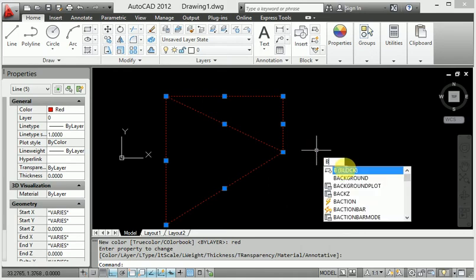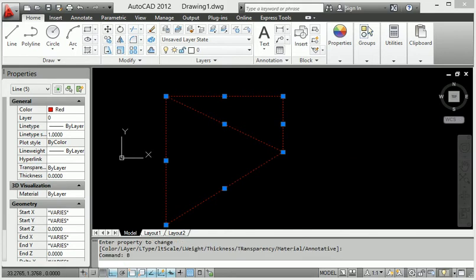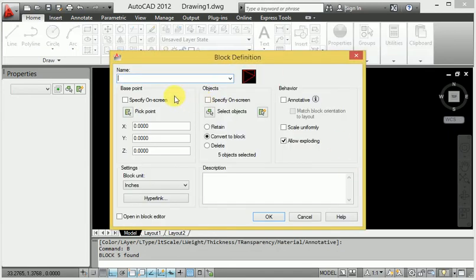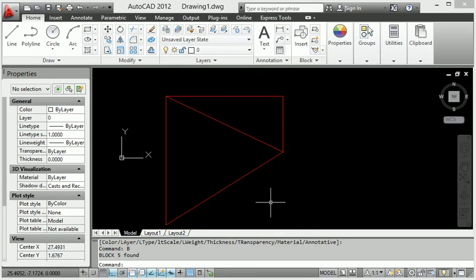How do you give the block definition? Enter B, enter, and it becomes a block. Look at this, B enter becomes a block. When you go to block, the block definition dialog appears. First of all, I will click the name. This is the name here, and this is the 0,0 axis here. If you want to give a description, you can give that, otherwise you can put down the name and OK.